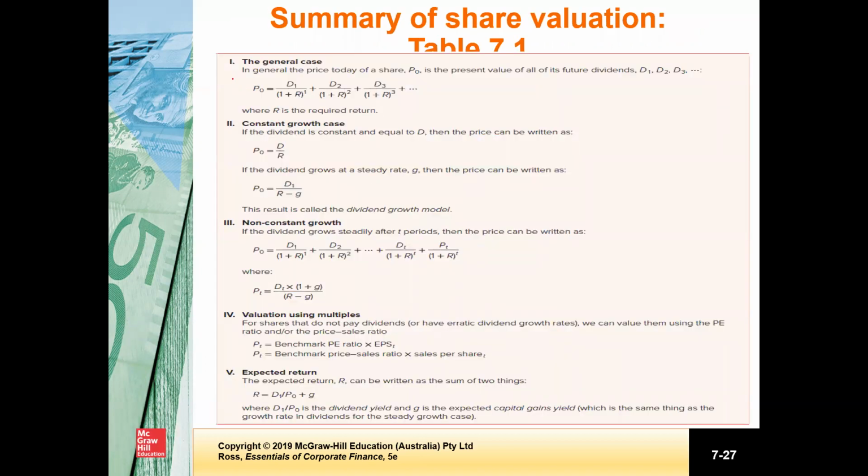So this is just a summary of what we have seen so far. This is the constant growth case. This is the non-constant growth rate case. And this is a general case. And as we have seen, we can rearrange the equation to find out expected returns. So that's the end of our discussion in this video. Essentially we learned about stock valuation, how we find out the value of a stock, considering some special cases and considering a general case.